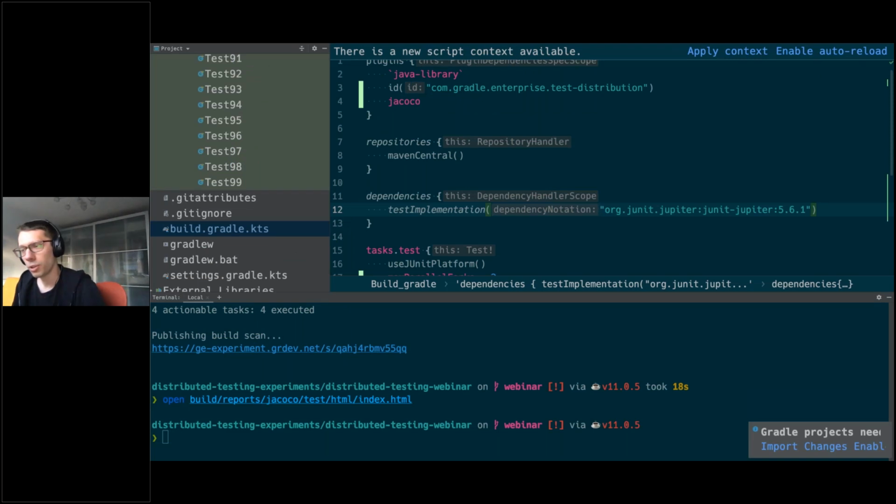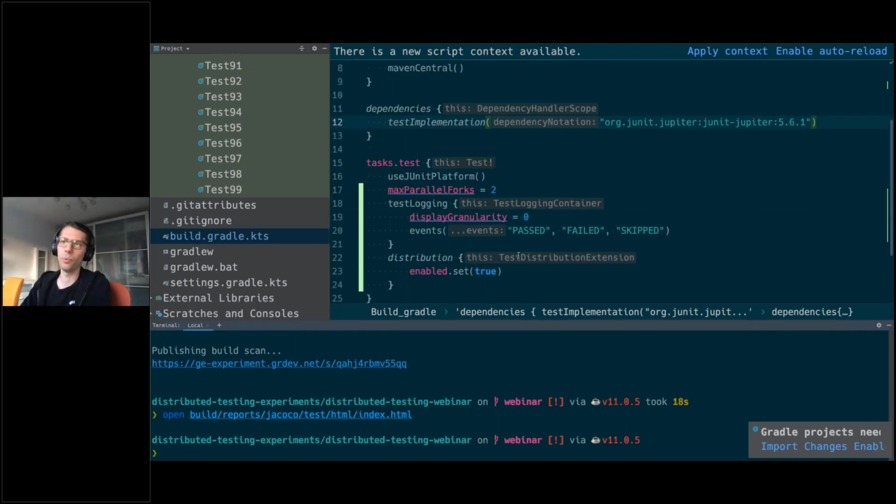So the last thing I want to show is this issue with tests that need a special environment to run. For example, you might have tests that require a dedicated or special JDK. So you want to do some cross JDK version testing, or you need a database to be available on that machine. Or maybe you have some tests that you want to run on a particular operating system because you have